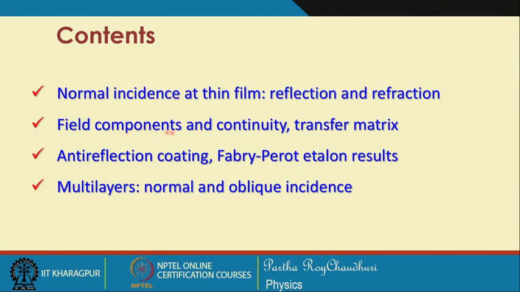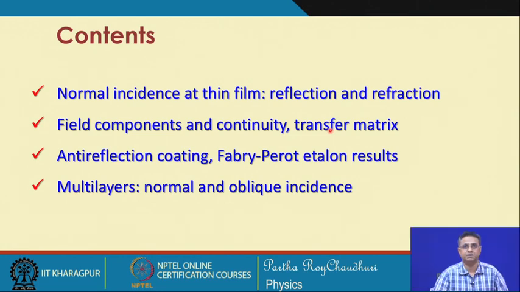We will consider the field components and impose the continuity conditions, and we will see how we can devise a transfer matrix which will help us to determine the electric fields at successive layers by knowing the information of the electric and magnetic fields in the first layer or the previous layer, and then we will consider a few applications,